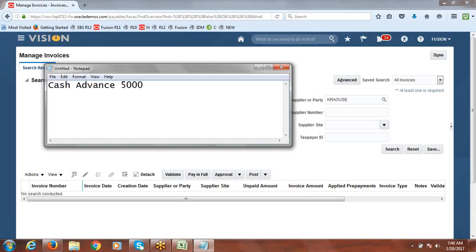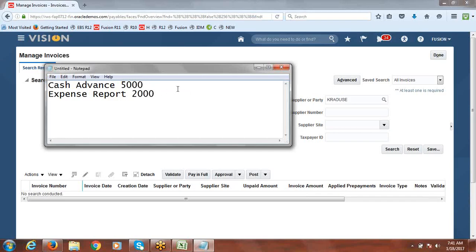Then after that, you may create one expense report in Fusion Expense, say with $2,000, and submit it for approval. Once it's approved, you will process it and import into payables. Once you import into payables, the settlement takes place automatically. In case of EBS, we create the prepayment and apply the prepayment on the expense reports also, right? But here that manual process is not applicable, only the settlement, which can be done by the system.